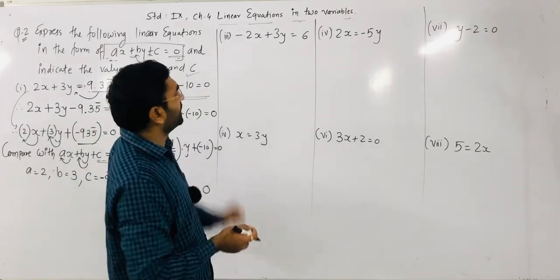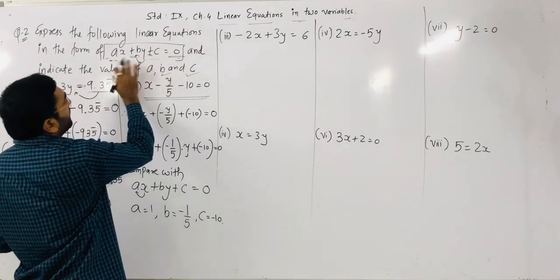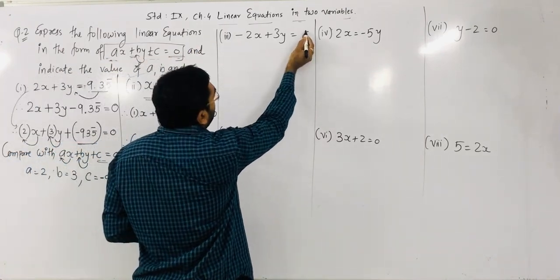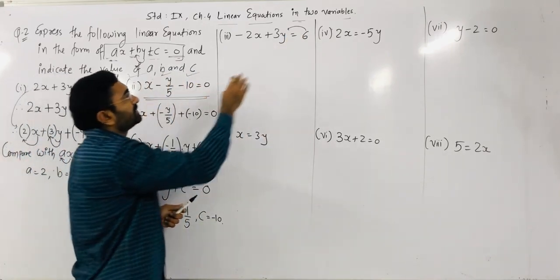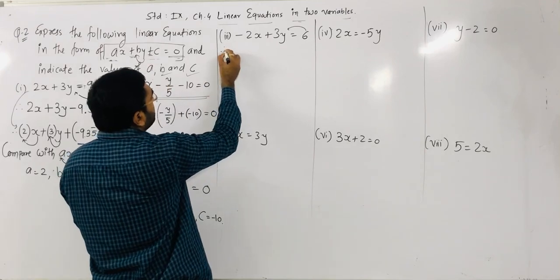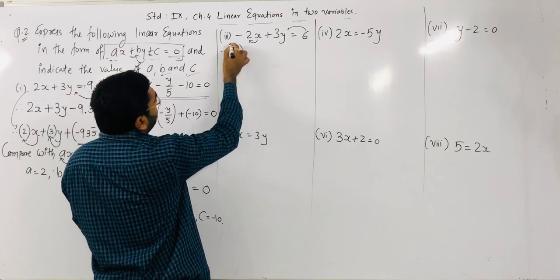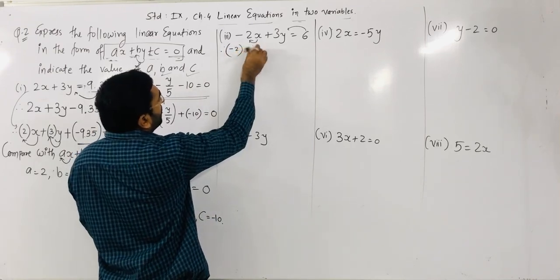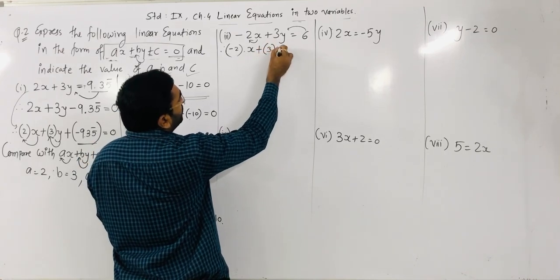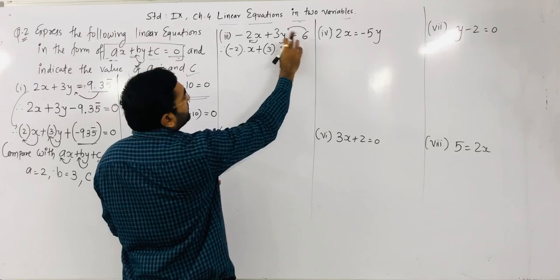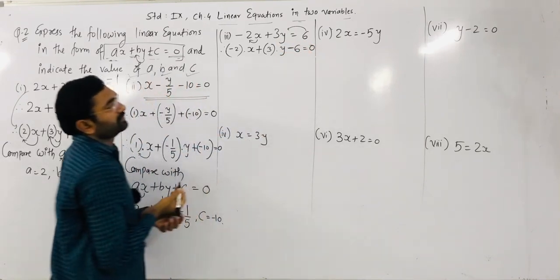So in question number 3, for this form of equation, here right hand side we require equal to 0 now. So plus 6 we take to the left hand side of the equal to. So its sign is changed. Plus 6 sign is given, so it becomes a minus 6 sign. Right. Here x coefficient is minus 2. So I write in a bracket minus 2 into x. Okay. Plus that number I write is 3 into y. And plus 6 comes to the left hand side, so it becomes minus 6 is equal to 0.